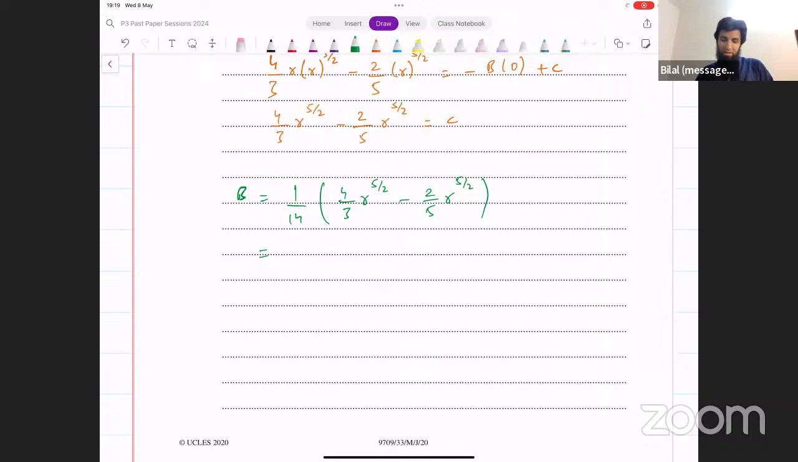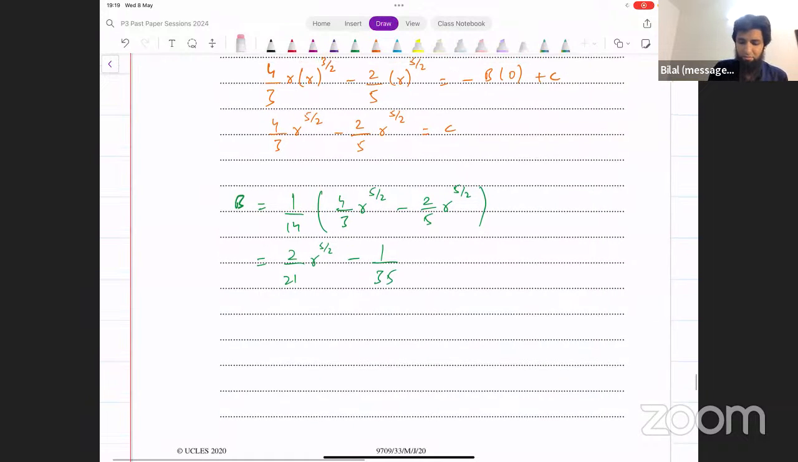4 divided by this 2 over 21. 2 over 21 r raised to the power 5 over 2 minus 2 over 5 and 14. That's 1 over 35. We could actually simplify this. Why did I not simplify this actually? Couldn't we simplify this? C actually becomes